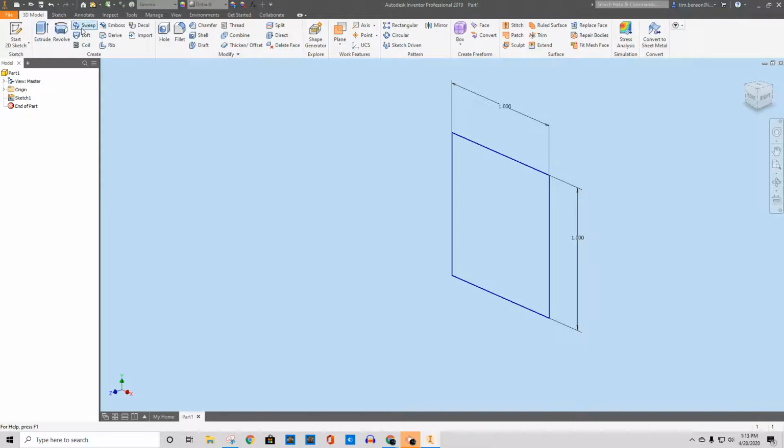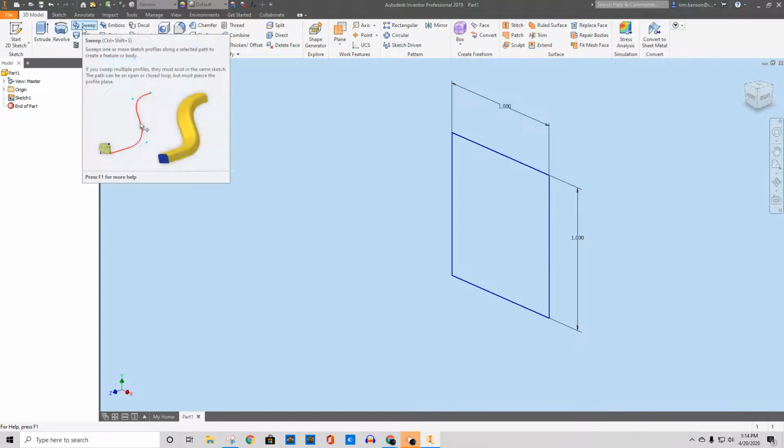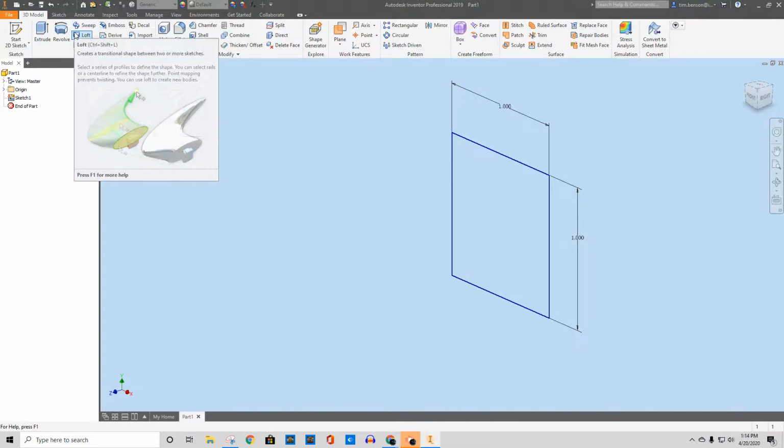A sweep, I have to have a center line for it to follow. So I set up a shape, then I set up a line. And this is how I do like tubes and things, piping, stuff like that, hose cords, etc. I set up a center line and I can tell the shape to follow that center line and make a very complex shape. A loft, I use this for, actually I use it for rotor blades when I do submarines,